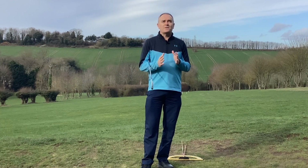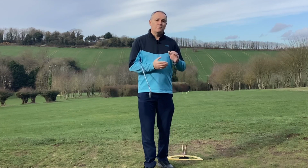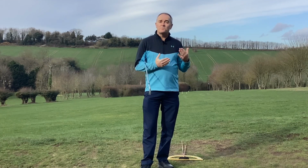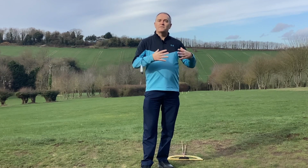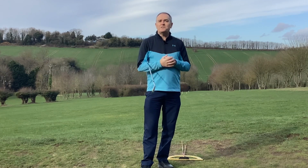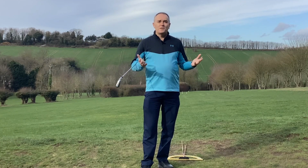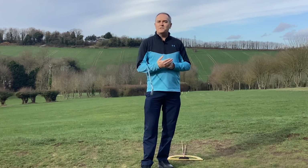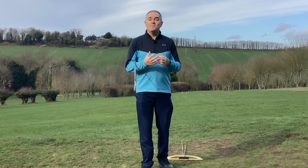So what I found, I was out the other day using one of the tips that's already on my YouTube channel, which was explaining that if you make the target small, it tends to make the fairway, say, a lot bigger, because you're focusing much clearer. And this one particular lesson had probably the best 9 holes we've ever done, just using that tip. But it was more the comments he made during the lesson that made me think, right, I've got to do